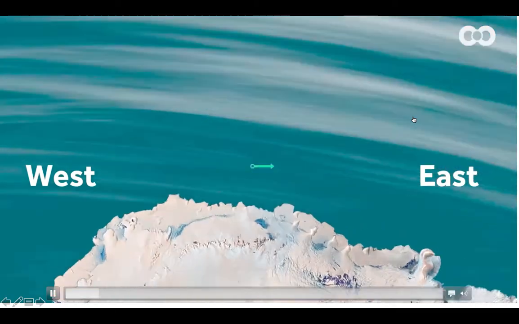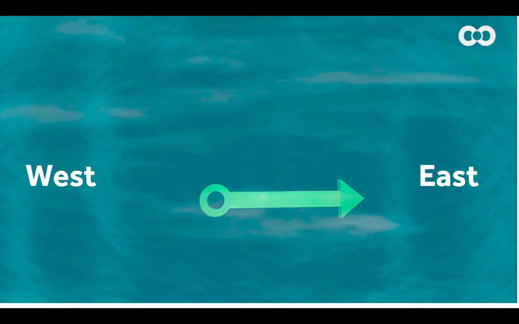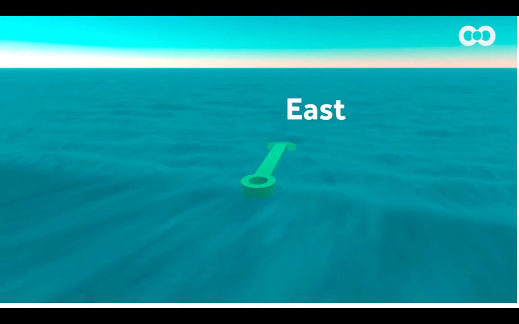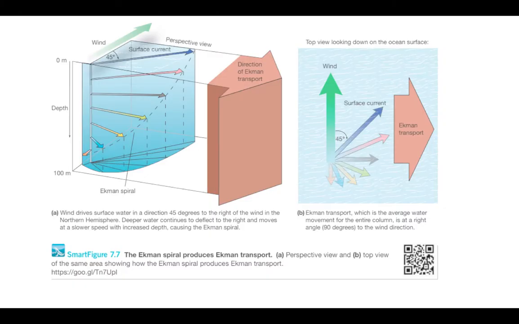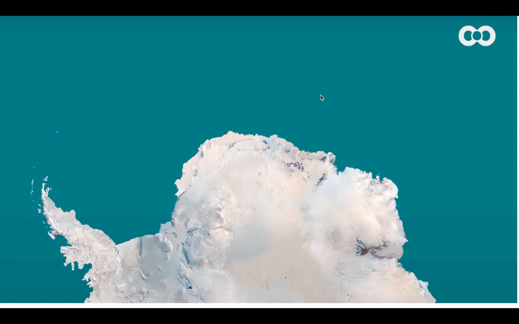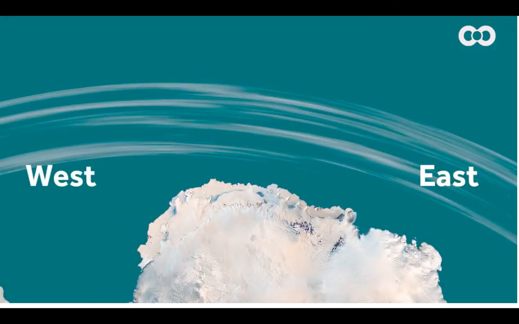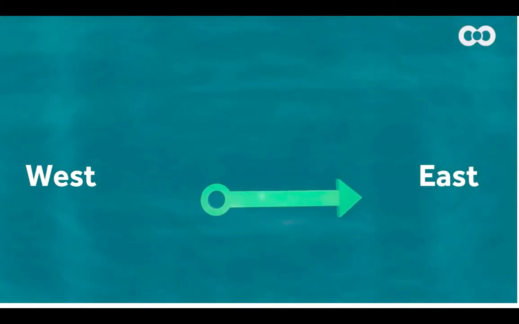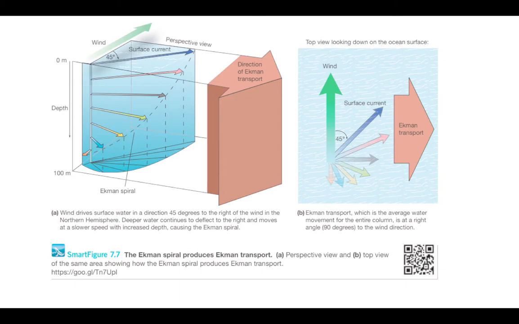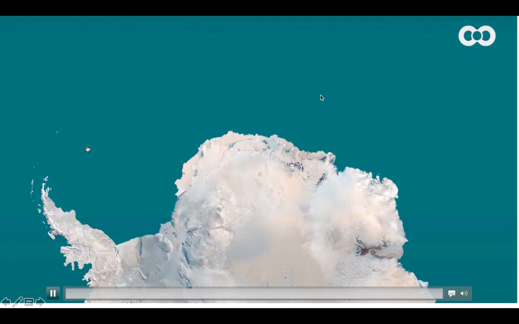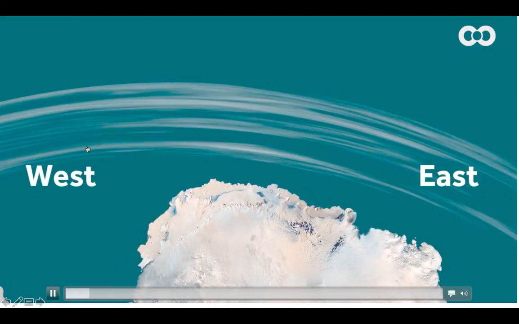Now think of it. As it moves, what happened? It is moving actually from west to east, right? So ये west to east move कर रहा है. रुको एक second. West to east move कर रहा है. Now think of it. It get deflected because of this Ekman transport. I told you, right? Ekman transport and Ekman spiral, all these things will happen over here. So it will get deflected.